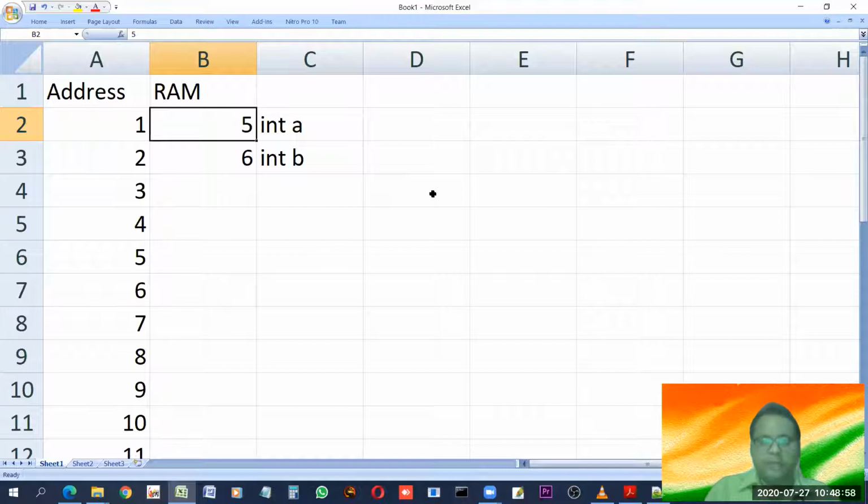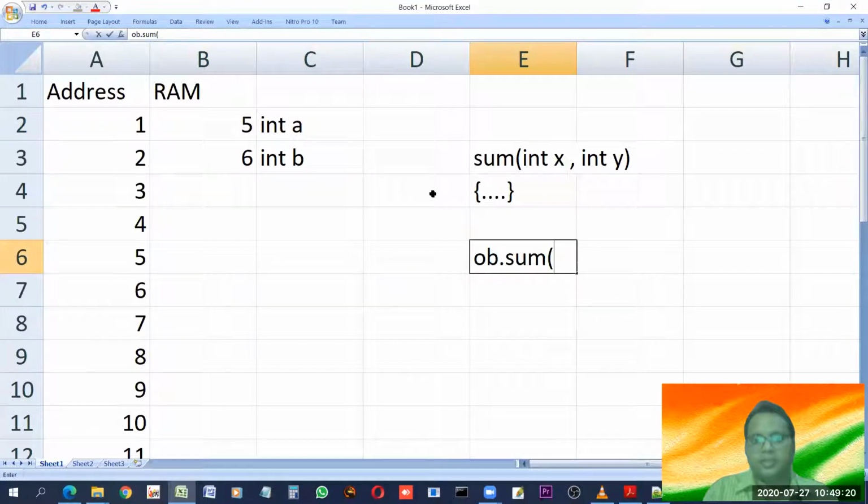Now, let me make a prototype of a function. Suppose this is a variable which we defined. Suppose this is the definition of the function. We are doing something with x and y. Now, how do we call it? ob1.sum(a, b).